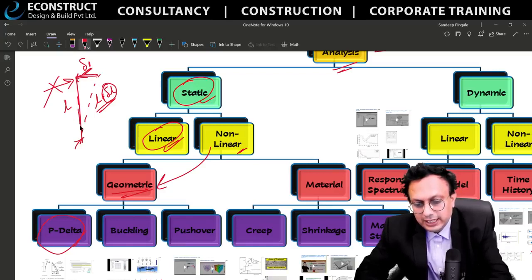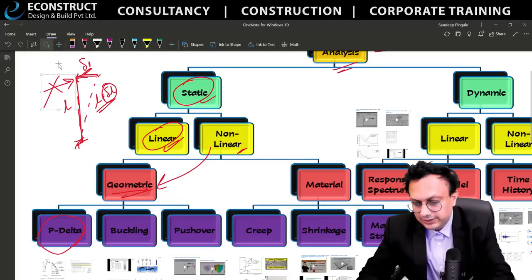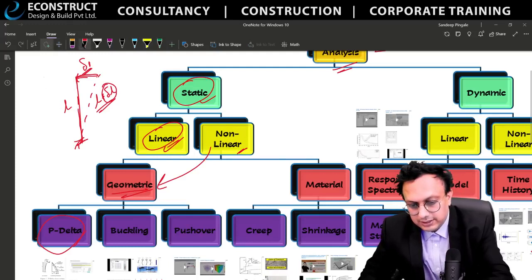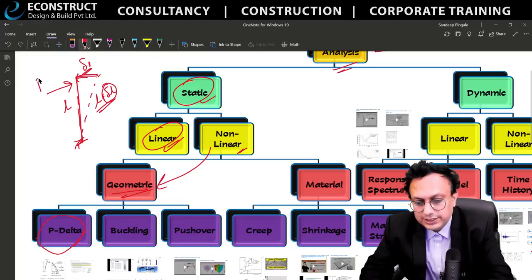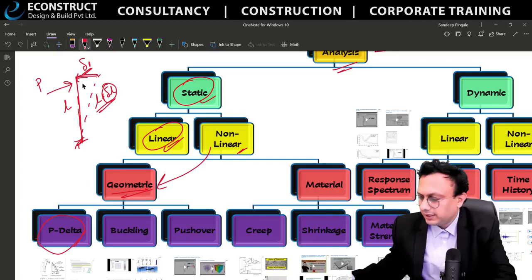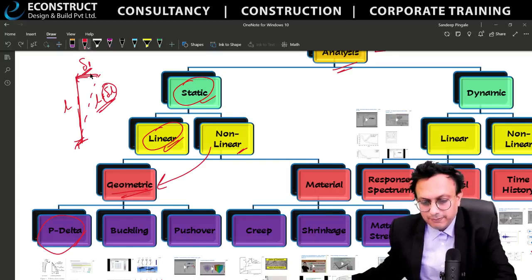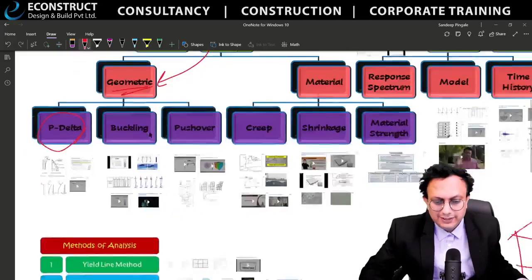So whenever any element you are considering, okay, you are taking some horizontal forces above it. So let's say I'll delete this and I'll redraw it with the pen like this over here. So if you are having horizontal force, let's say P here, and you are having delta here, this is the delta effect. So it's not only the horizontal force or something. Sometimes, you will be having the same problem with the vertical force. Why? Because you might be having some kind of